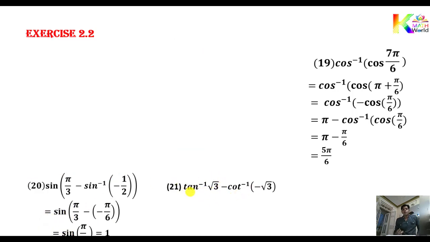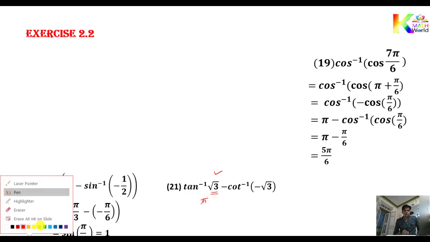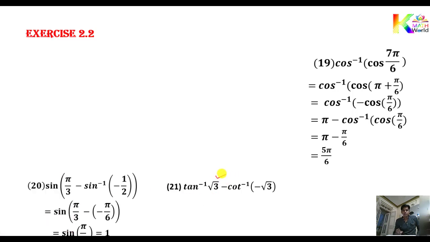Now positive value. So from the first quadrant you can write. Obviously tan 60, that is root 3, known value. Tan 60, that is root 3. 60 means pi by 3. So what should be the answer for this one? What should be the answer? 60 means pi by 3. Minus. Negative value you can see. Negative value and second group function. So second quadrant, it means pi minus. You can express it by pi minus.